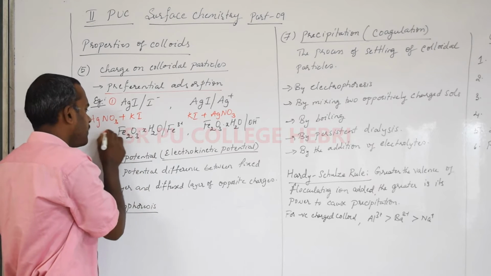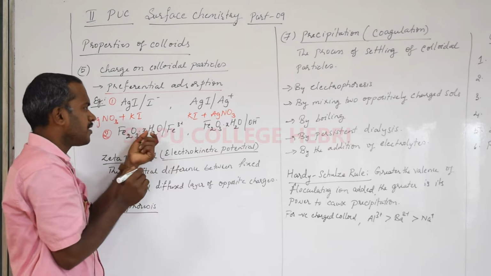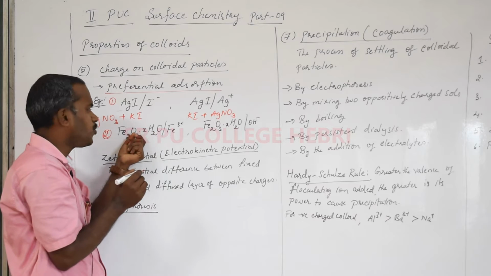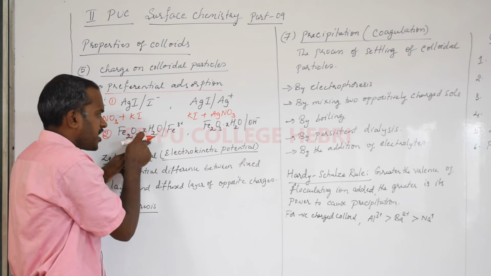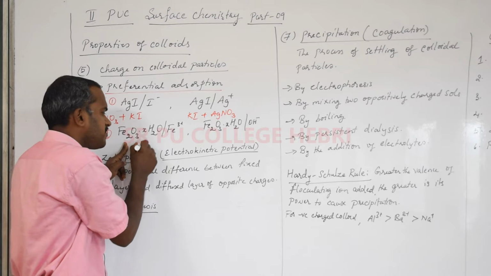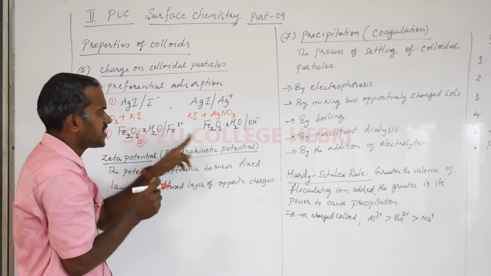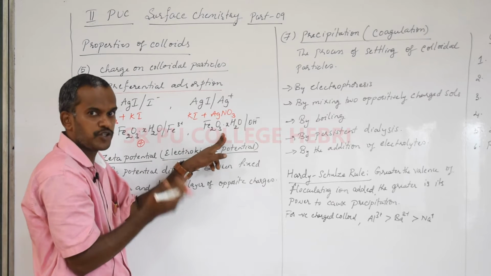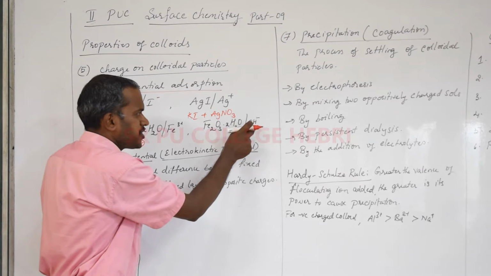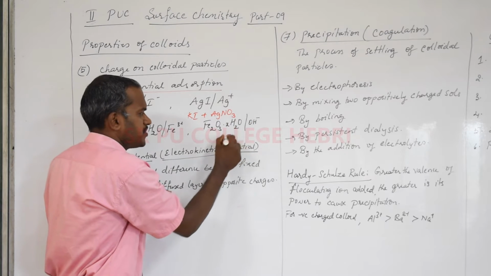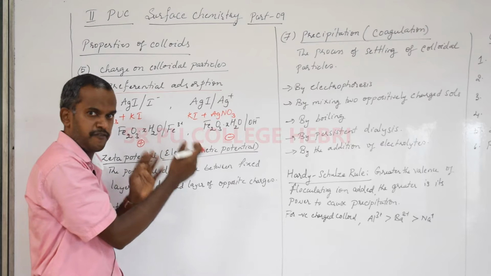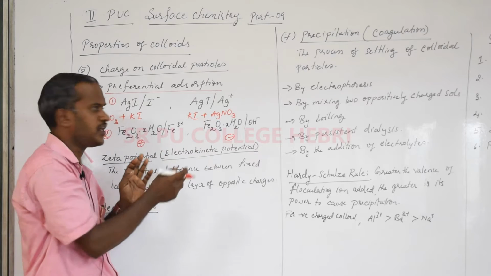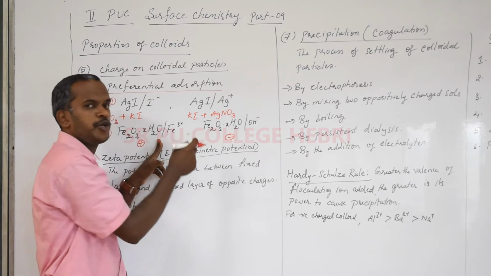This was the first example, silver nitrate forming a positively or negatively charged colloid. The second example: suppose I take ferric chloride and add it to hot water. Now if Fe3+ ions accumulate, then it becomes a positively charged colloid. In the same way, if we add it to a sodium hydroxide solution, OH- ions accumulate and it becomes negatively charged. The colloid prepared by different methods will have different charges based on which ion accumulates on the colloidal particles.